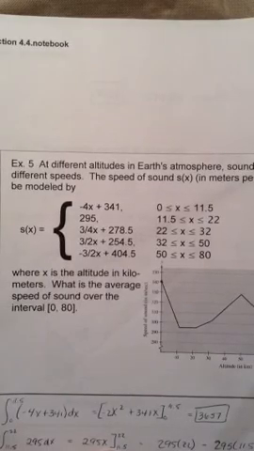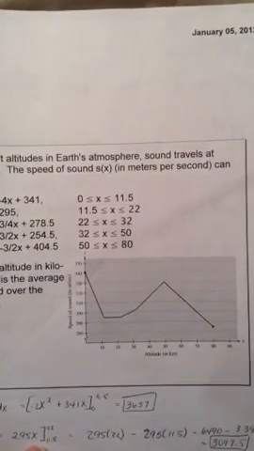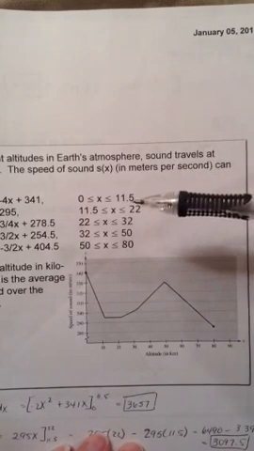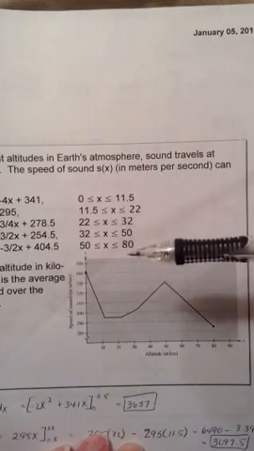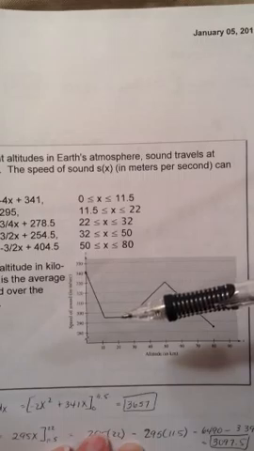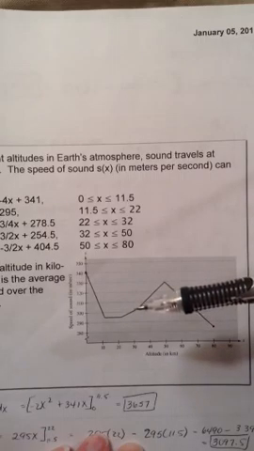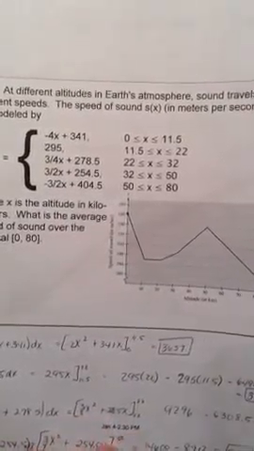X is going to be the altitude in kilometers, and we're asked to find the average speed of sound over the interval from 0 to 80. This is a graph of what this piecewise function looks like. And as you can see, there's different areas. We could basically divide this into 5 different areas. We could go from 0 to 11.5, from 11.5 to 22, 22 to 32, so on and so forth. Okay. So that's actually what we're going to do in this example, similar to the absolute value problem that we